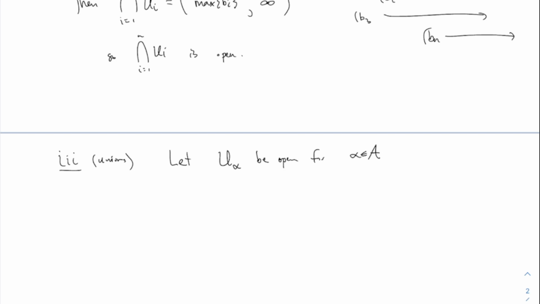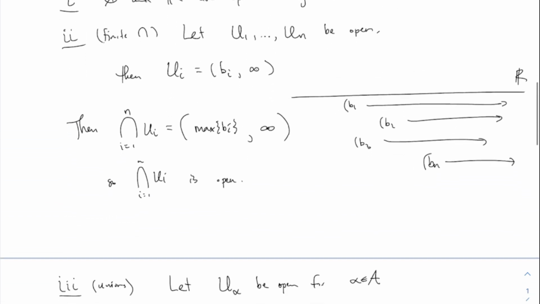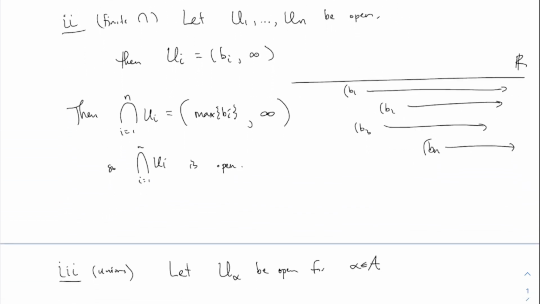How many? Could be finitely many, could be infinitely many, could be uncountably many, it doesn't matter. It's just a whole bunch of open sets, all right? I'm going to try and do the same business, though. Let's try and copy the steps that we did up there, only we're going to have to use a union